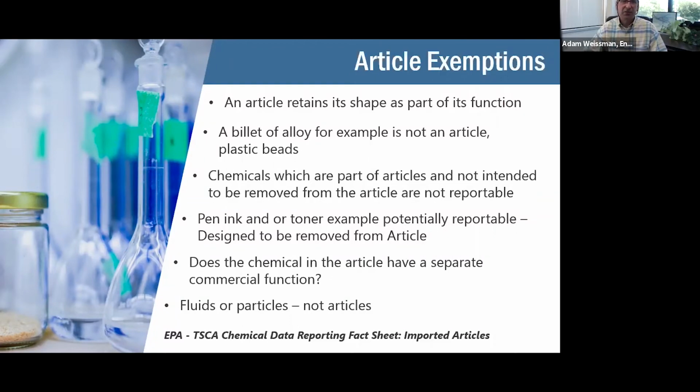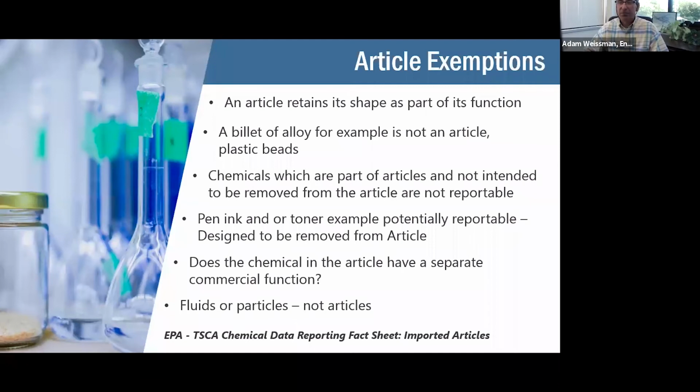They actually mentioned that certain facilities that would import sheets of steel and bend them and weld them, that's okay, depending on how that's being done. So it's not so strict. You could change the form a little bit, provided there's no change in chemical composition. So I think this is one that really is worth looking at and thinking about if you're starting to get into the discussion of are we truly importing a chemical or are we importing an article?